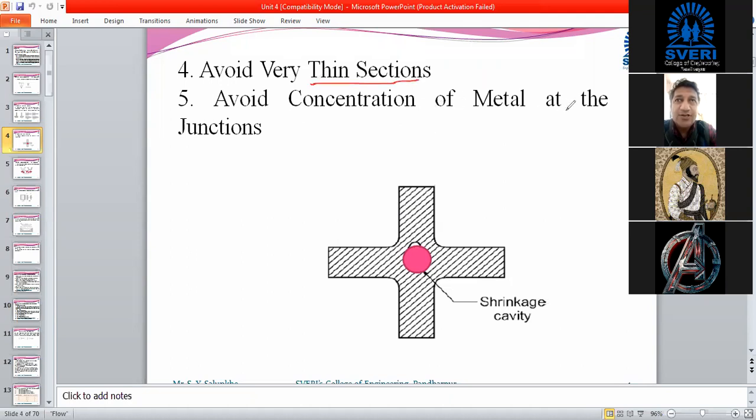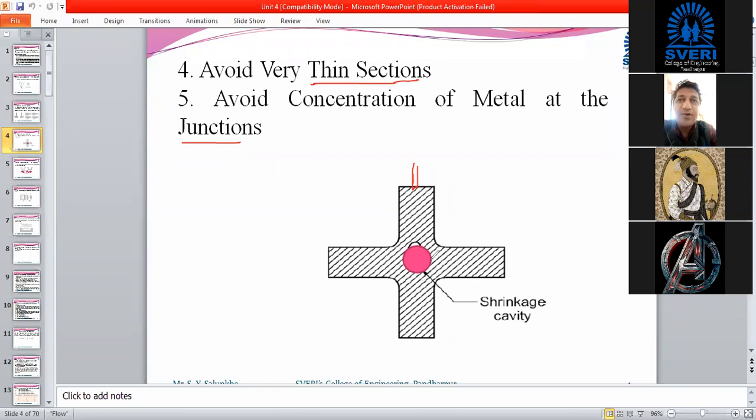Then avoid concentration of material at junctions. Suppose we are going to manufacture this component, and if you pour the material from this hole, suppose the pouring hole has been provided over here, then in this mold the whole material will get concentrated at the middle.